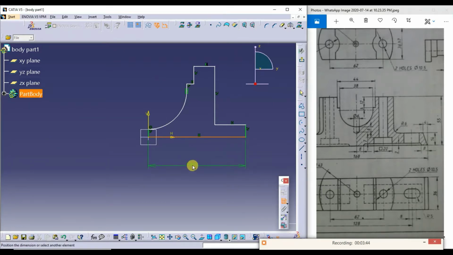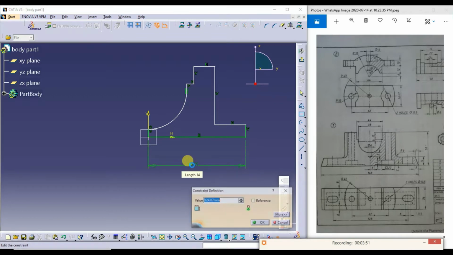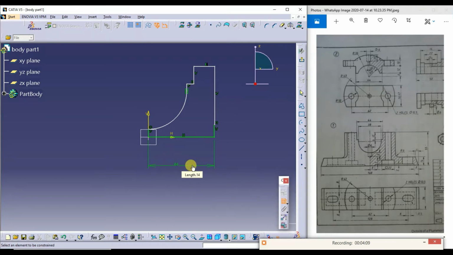So this dimension is half of 168. 168, half of 168. Just I'll drag this a little bit here.